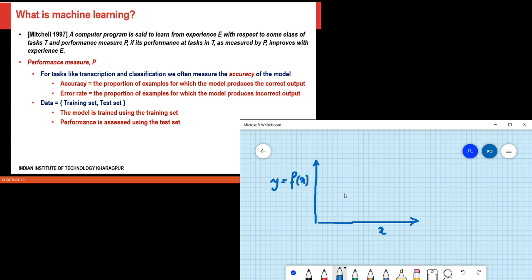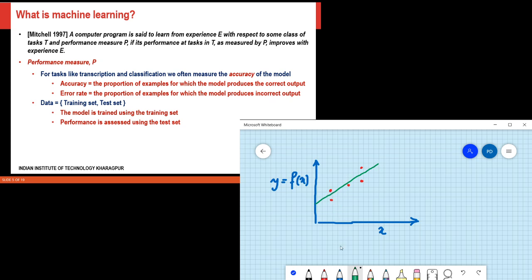So let's say that I am looking at linear regression. So I am given a set of data points, obviously. So let me choose a different color. Okay, so let's say this is a data point, this is a data point, this is a data point, this is a data point, etc. Now what I do is I try to find a function, maybe a linear function or maybe an affine function, which fits this data. So maybe a line like this.